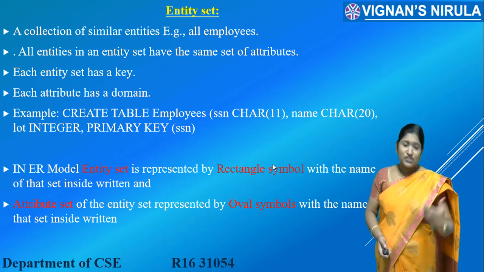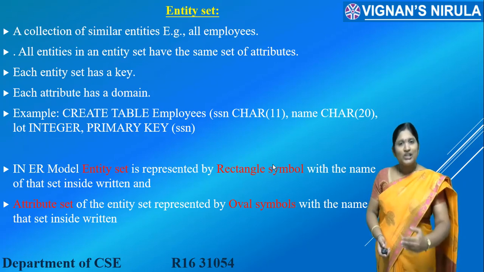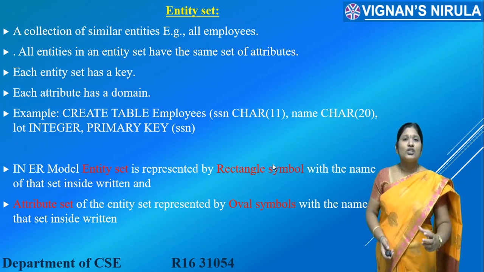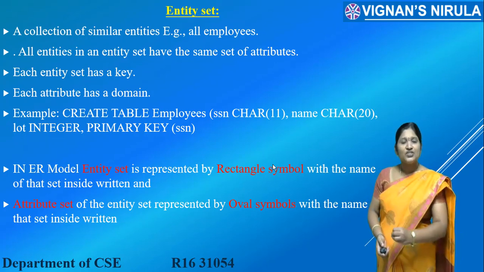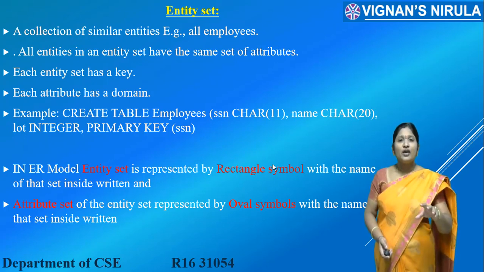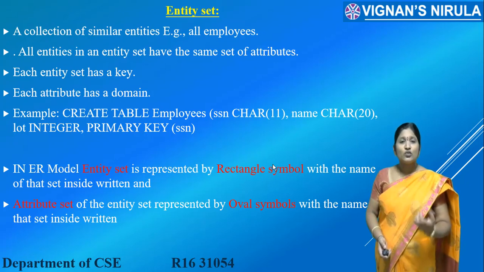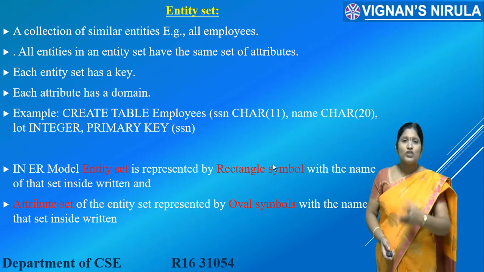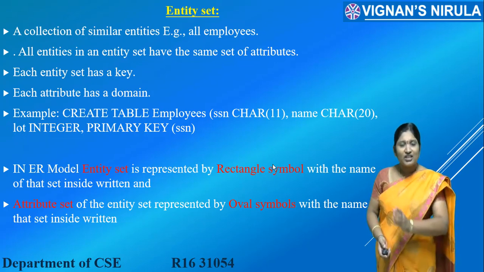Another student, which is also an entity, has roll number 502, Murali, and his address is in Guntur. Another student has the same properties: 503, the name is Dheeraj, and the address is in Northstoppet. Like that, we may have several student entities with the same type of attributes such as roll number, name and address.